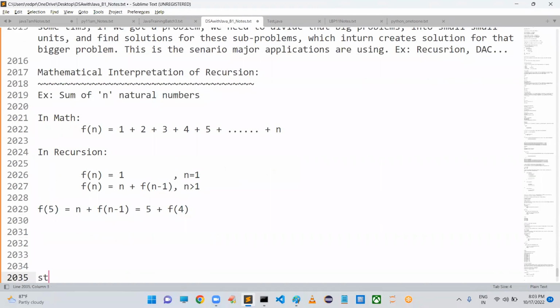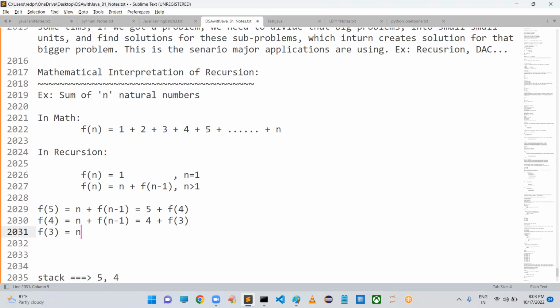Internally, my stack is there. In this stack, 5 got pushed. Then we have to calculate f of 4. Same formula, right? n plus f of n minus 1. Here n is nothing but 4, so 4 plus f of 3. Now we are going to store 4 inside the stack.